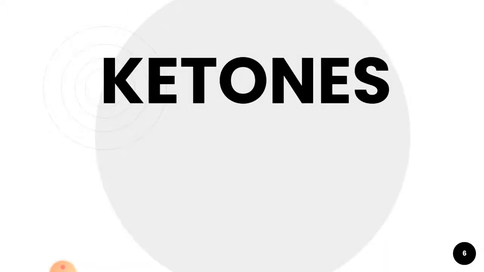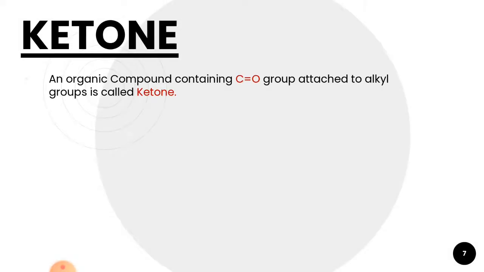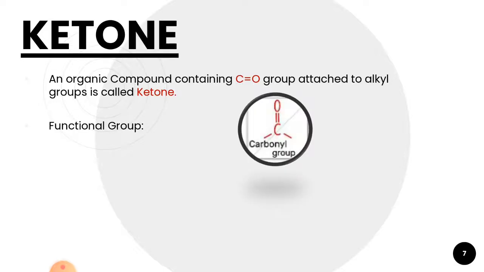Next class of compound belonging to this category is the ketones. Ketone is an organic compound containing a carbonyl group attached to alkyl groups on both sides. The functional group in ketone is the carbonyl group,